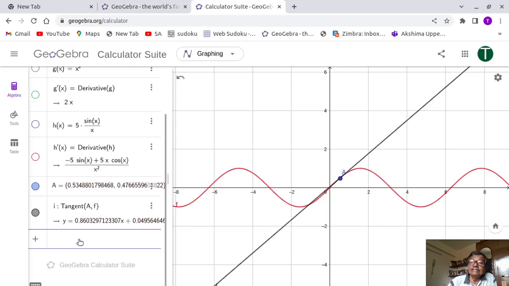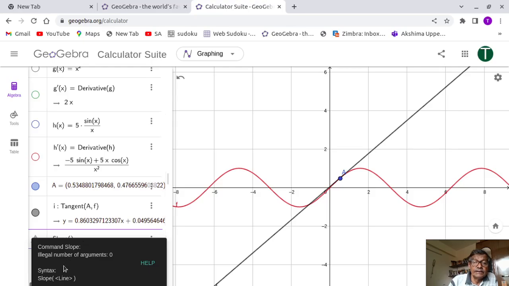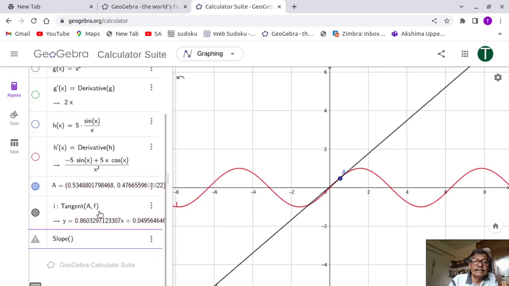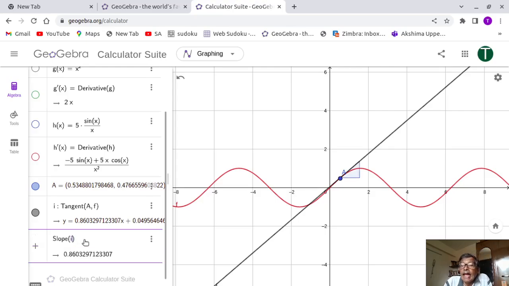So this you write as the value of the slope. I think it will be slope of the line. So it has created a line, y equal to this one, and the name it has given is I, slope value. So simply write I, and it shows the value of the slope,